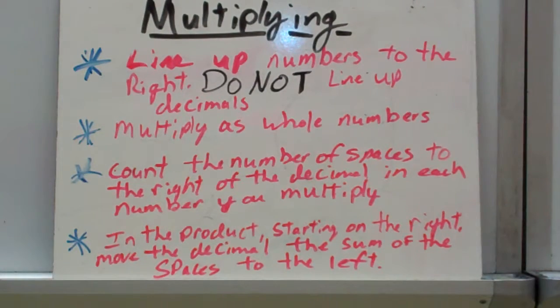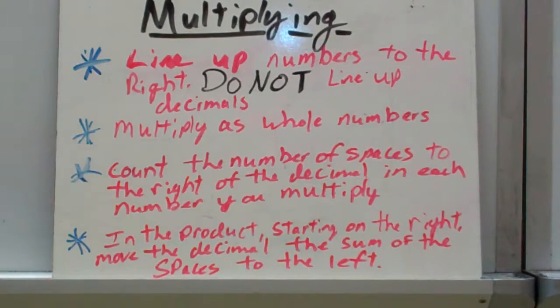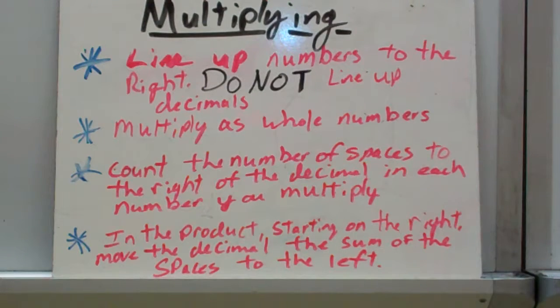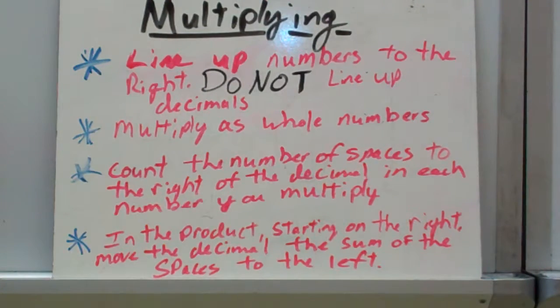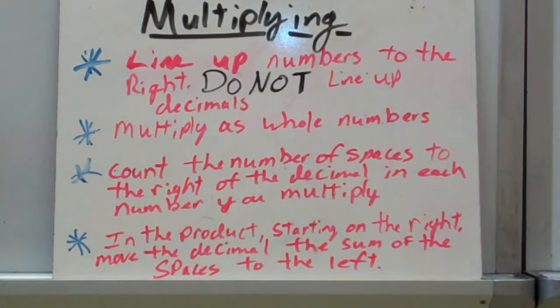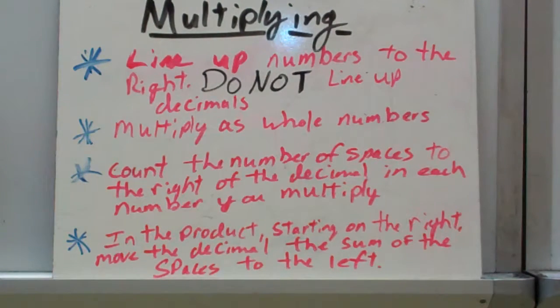And then we multiply the decimals as whole numbers, okay? We're going to just pretend the decimal doesn't exist right now. When we finish multiplying the numbers and we get our product, we're going to look at the numbers we just multiplied, and we are going to count the number of spaces to the right of the decimal in each of those